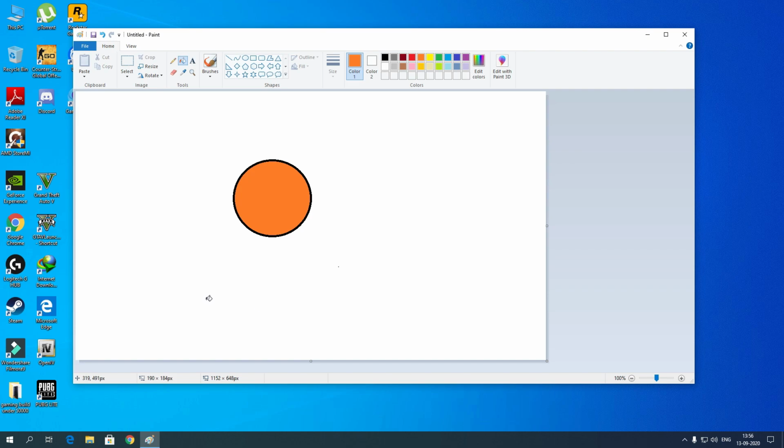Now the next point: the title bar is present on the top of the program window. This one, and the title Paint, it is the title bar, right? It has 3 buttons on the right side. We call them control buttons. These are 3 buttons. Minimize button will hide the program window. Maximize and restore and close.